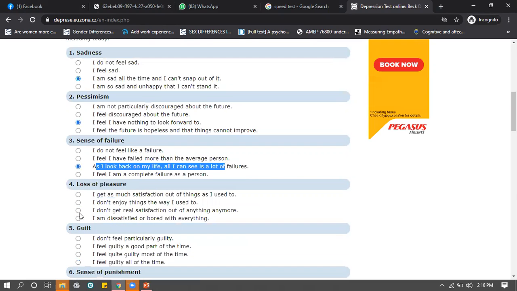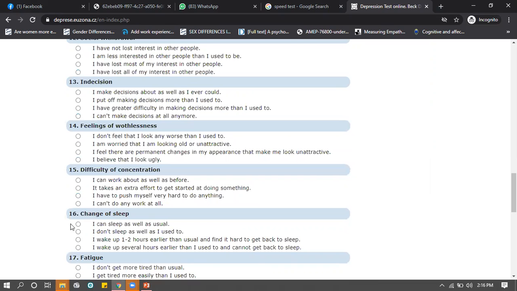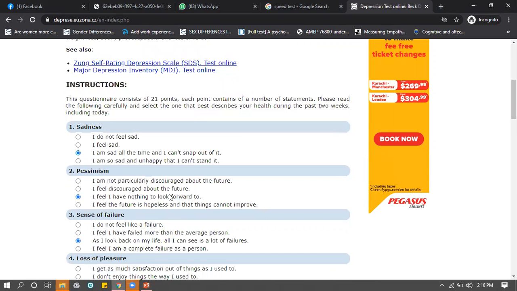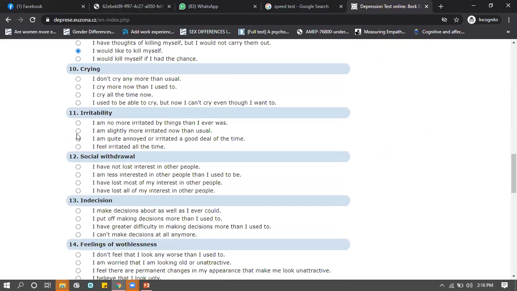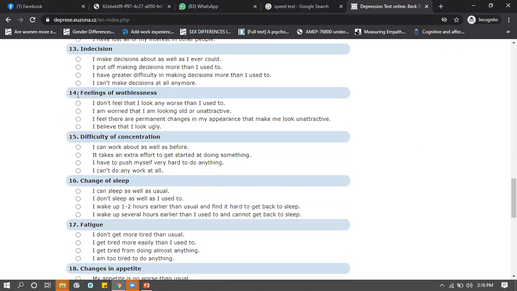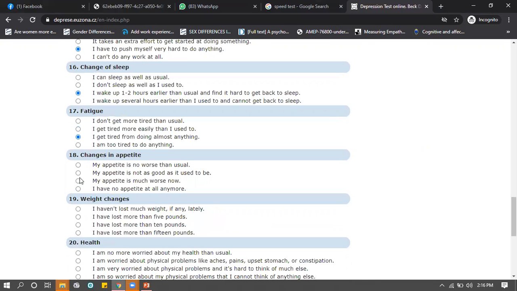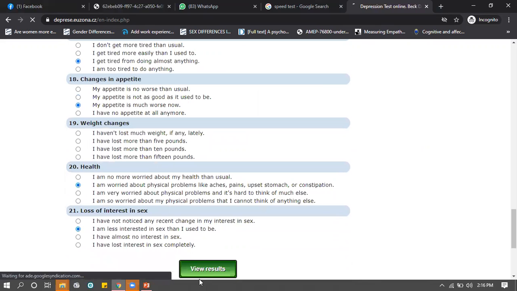So let's suppose I pick the third option from every single question on these 21 questions. Final score is going to be 21 multiplied by 3. Whatever score I'm going to get, that's going to be the interpretation of how much depressed I am. So let's just do it randomly. Obviously, I'm not reading these answers right now because I don't have the time, but you're supposed to memorize two of these questions word for word, if you can.